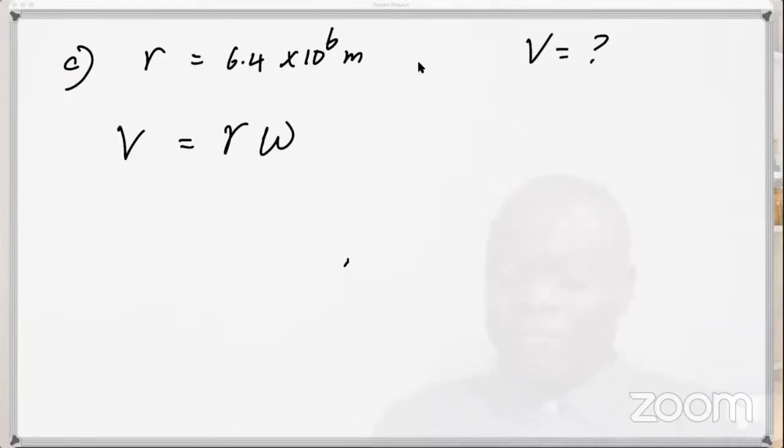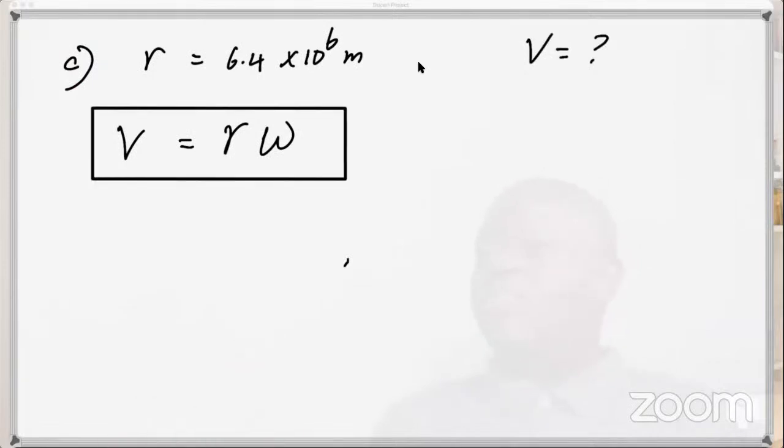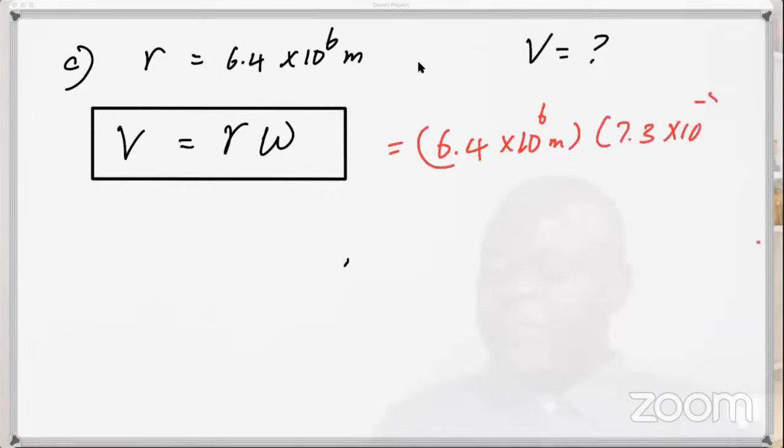So you can also use that formula sheet during this session or during your study session, because that's when you practice identifying the right equations, because you will have access to those equations on the test. So the linear velocity is just R times omega, and that is 6.4 times 10 to the 6 times 7.3 times 10 to the minus 5 rad per second, and this gives you